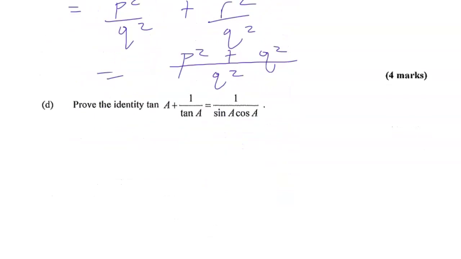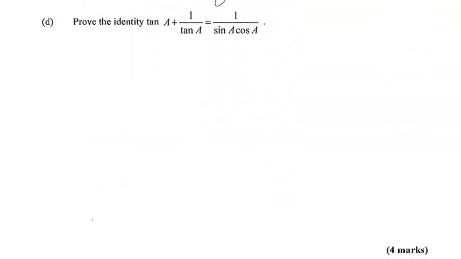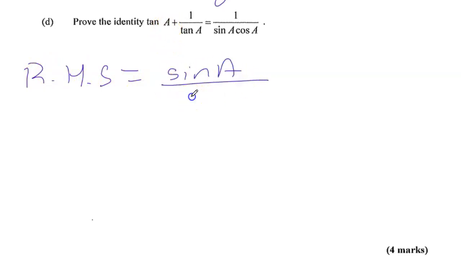Part D, prove the identity that tan A plus 1 over tan A equals 1 over sine A cos A. So let me begin from the right hand side, which has more terms. So right hand side, RHS, that's tan A, and tan A is sine A over cos A. This is the reciprocal of tan A. The reciprocal of tan A is just cos A